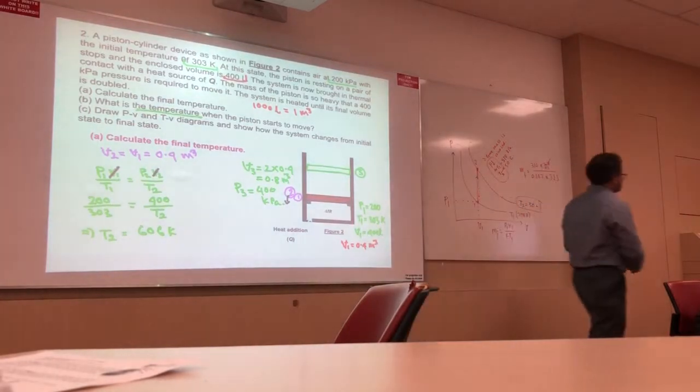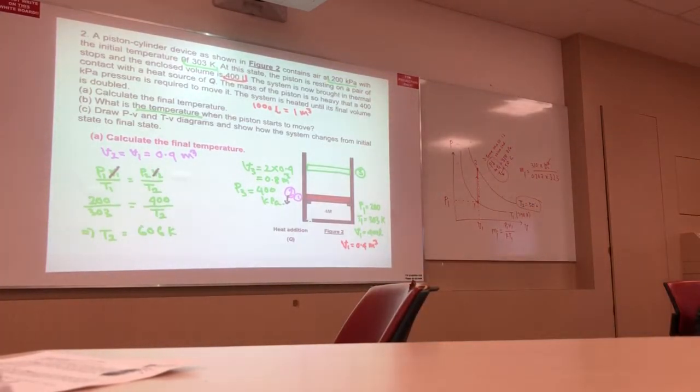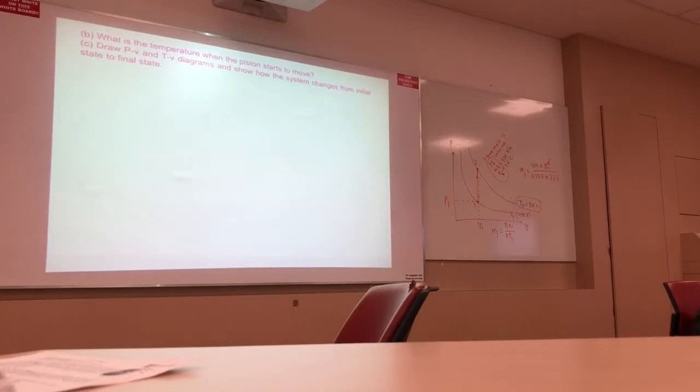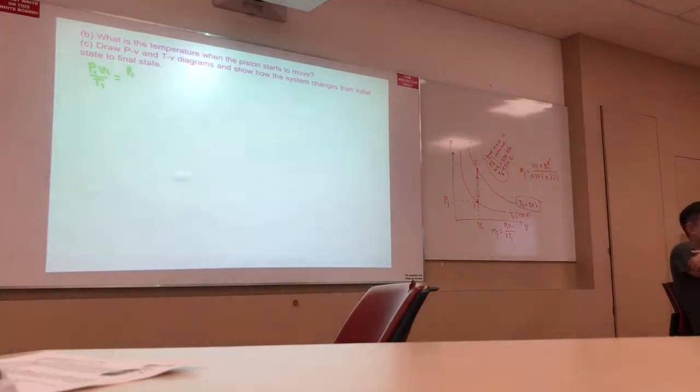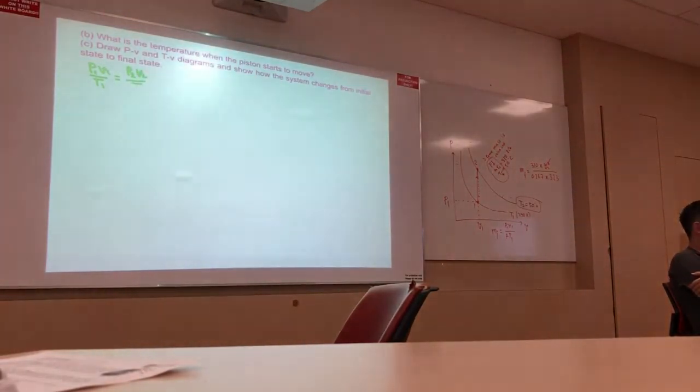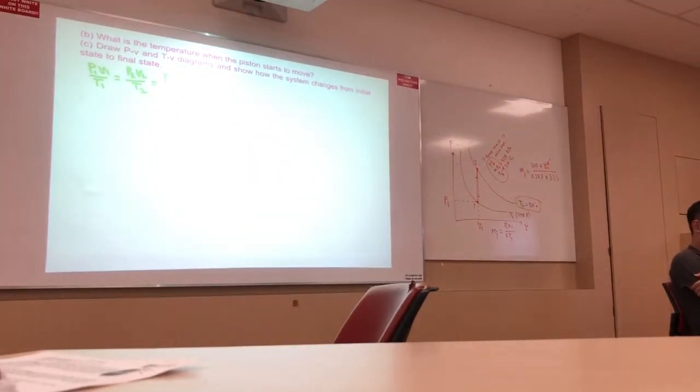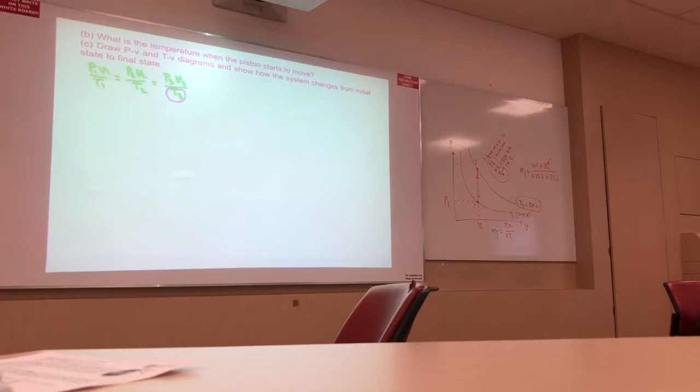So what can I write now? Tell me. I can write P1 V1 by T1, P2 V2 by T2, P3 V3 by T3. Done. Right. Then I can write both ways. Now I am going to find T3. This one I am going to find. Then I choose